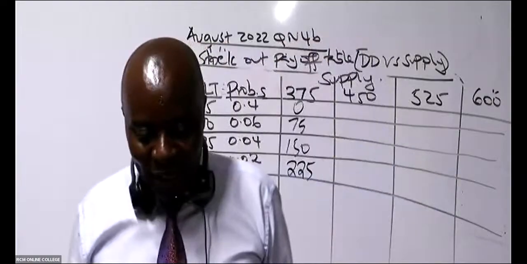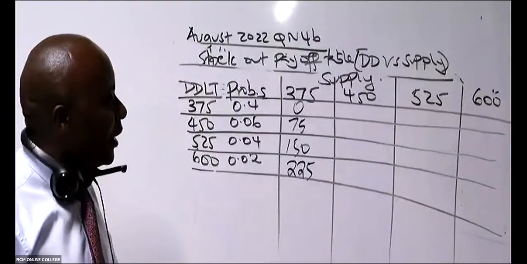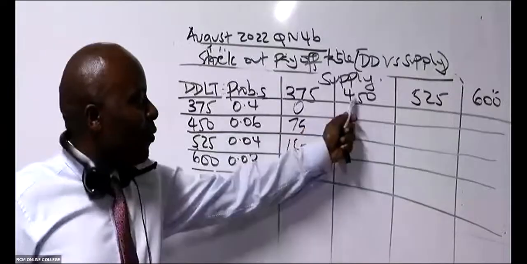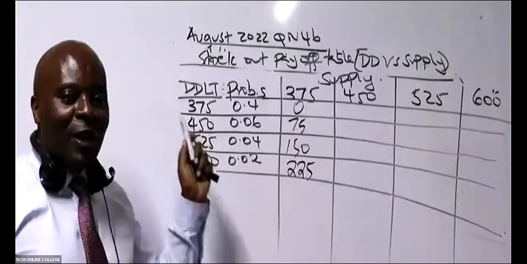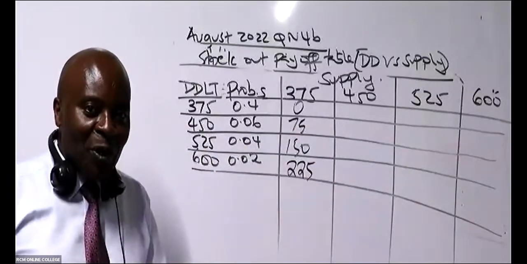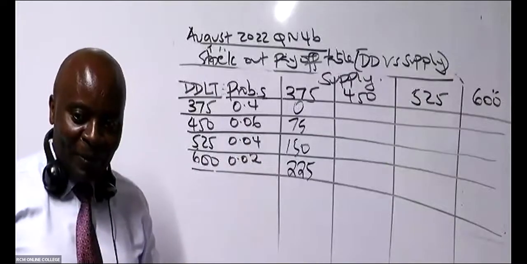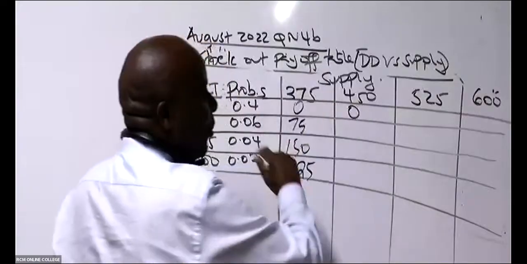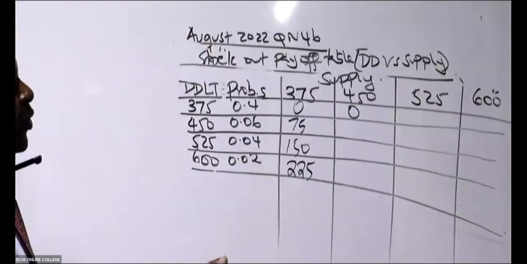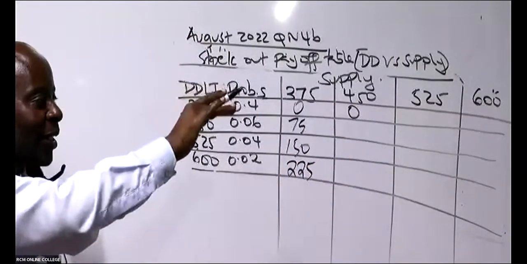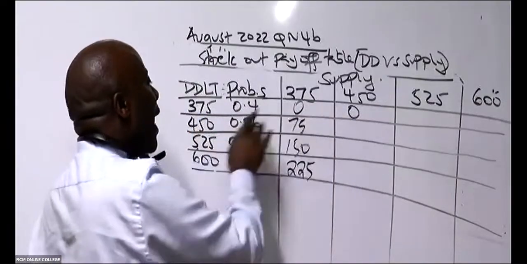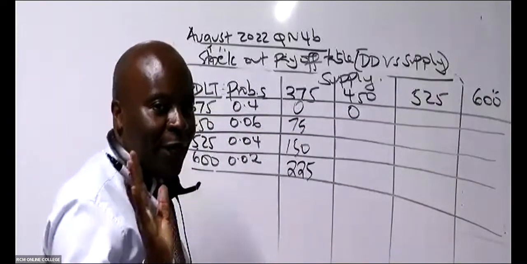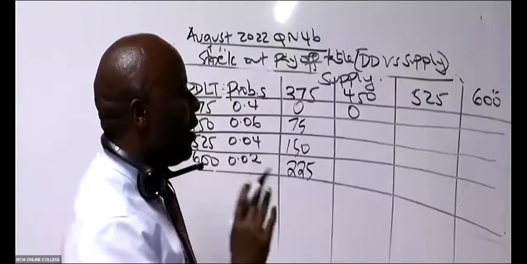Jeff is telling me that, Mwalimu, if you supply 450 and then we have 375 customers coming demanding our goods, we shall be able to serve all of them. So in this case here, we will disappoint none. So remember, this is about stock outs. If I supply 450 and they come 450, that is the perfect scenario for me. I will be able to serve everybody.